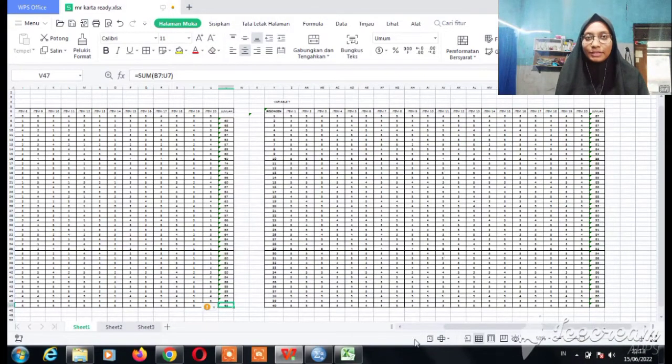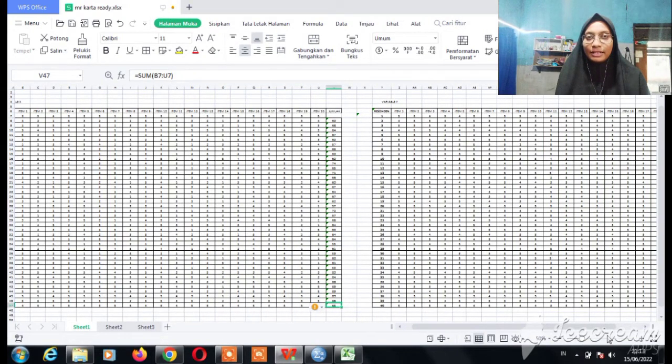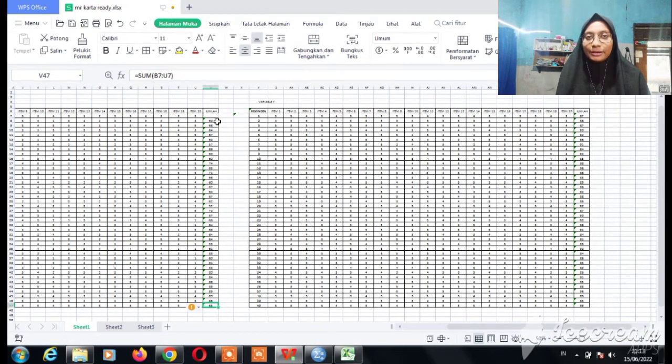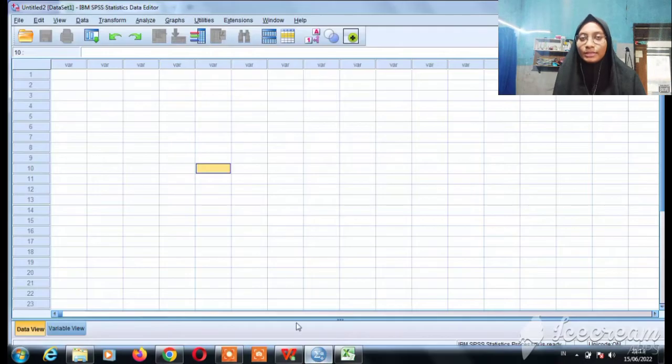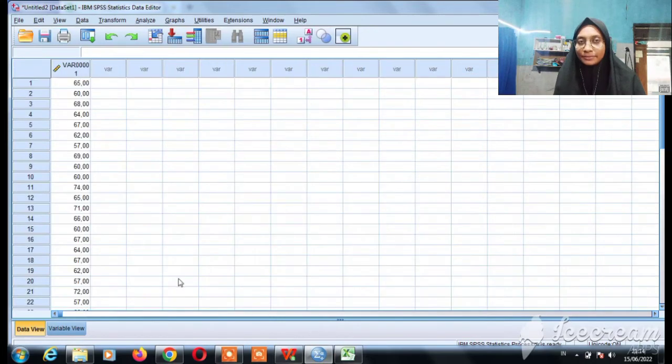And about the hypothesis test, here I already have two data from two variables. And I will move the two sums of the results from the data to the SPSS application.